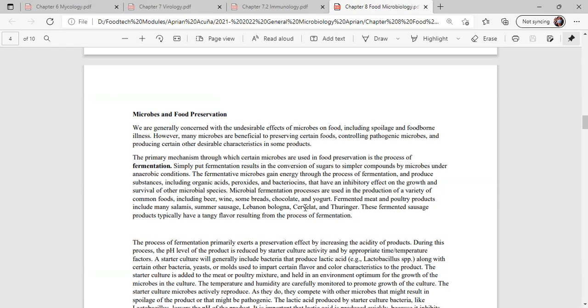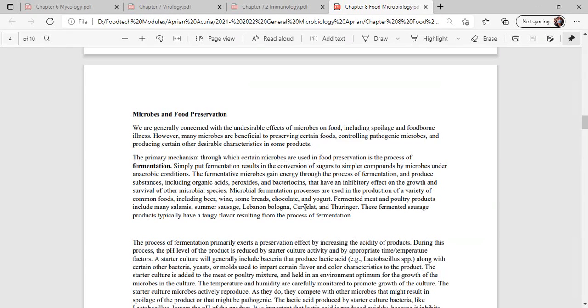A primary mechanism through which certain microbes are used in food preservation is the process of fermentation. Simply put, fermentation results in the conversion of sugar to simpler compounds by microbes under anaerobic condition. Anaerobic means they are not exposed to oxygen. The fermenting microorganisms